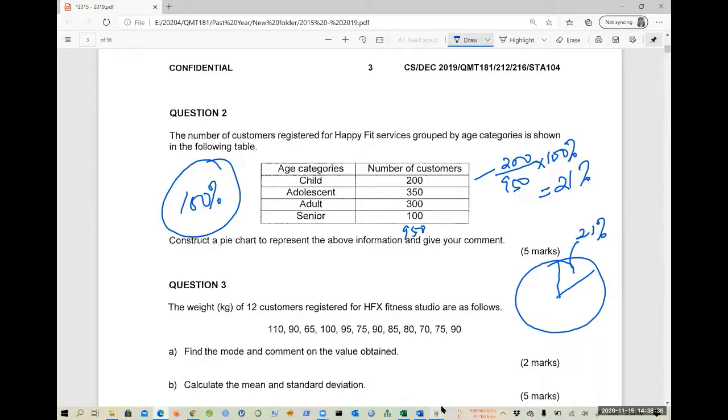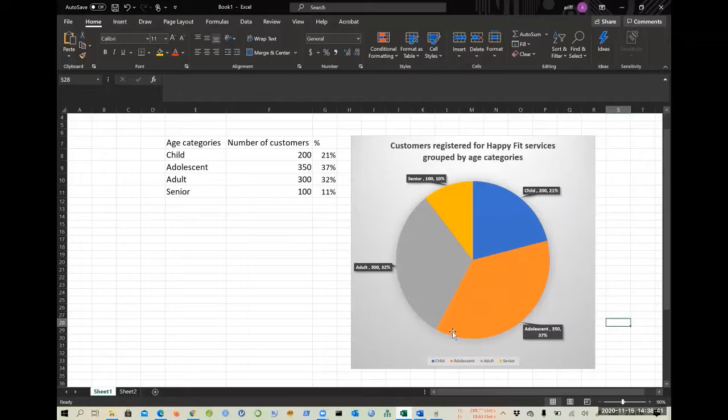I've drawn the pie chart using Excel. So you can just do this, and this is what you're going to have. You can just come up with the percentage values: 21%, 37%, 32%, and 11%. Based on these values, you can come up with your pie chart. It's up to you to use a plain one without the color, it's okay, no problem. Then just put the numbers inside here, so here you have the number and also the percentage.